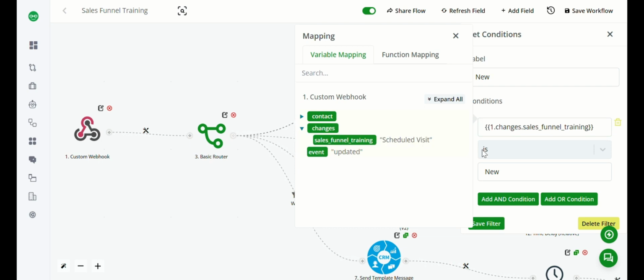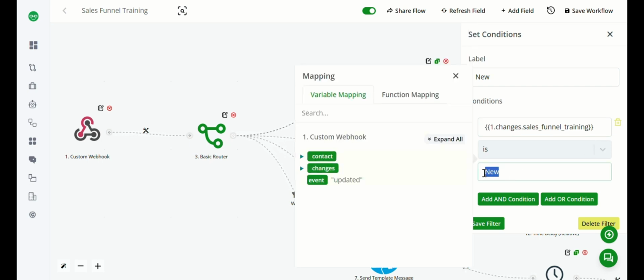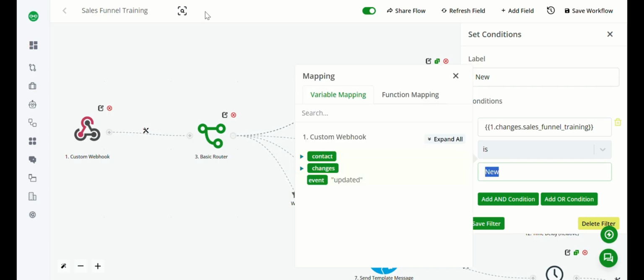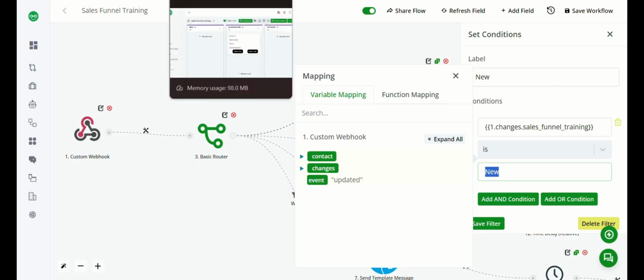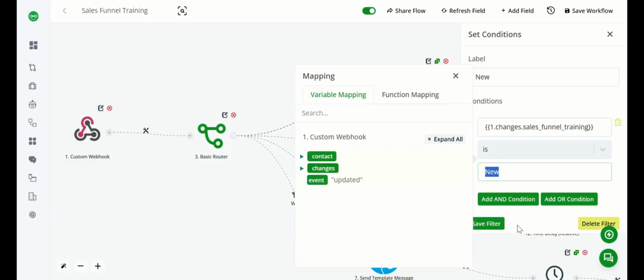That is this one. We will put a condition and here we will put our ID, the value. So the value should be the same as we kept in our boards. I'll just show you. It should be the same as this. We even have to take care of case sensitivity and then just click on save filter.